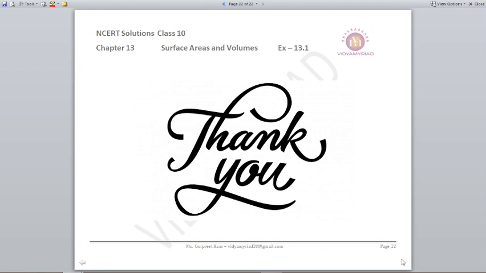That's all for this exercise, children. You should know the formulas very well, very thoroughly. In the beginning of the video, I have already mentioned various formulas. Please note them down somewhere in the notebook so that you are sure. You can also stick them on your wall or on the cupboard somewhere so that you don't forget them. It is very important because if you don't know the formula, you won't be able to solve it. Or even if you put the wrong formula, then also it will be wrong. So this whole chapter is based on formulas only, so you should be very thorough with that. Please learn it by heart and then apply it properly.